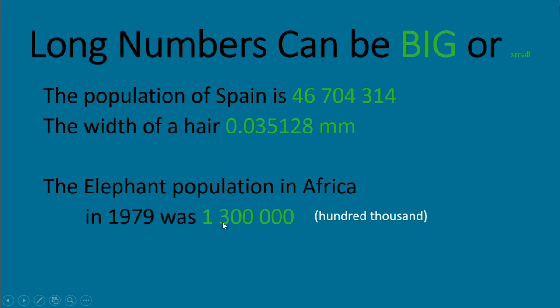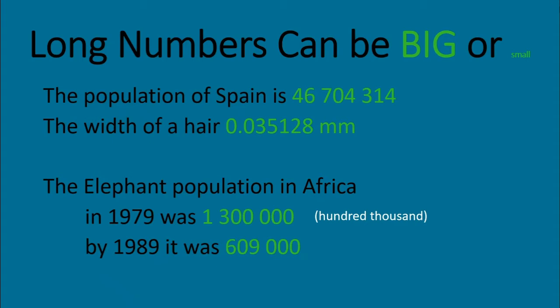So maybe this was originally 1,300,000 with some value after it that is less than 5, or maybe it was 1,200,000 with some value next to that, which was 5 or greater. In either case, it rounded to 1,300,000. That makes it easier to say, and it's accurate enough to get our idea across, especially when I'm comparing that with the elephant population 10 years later,